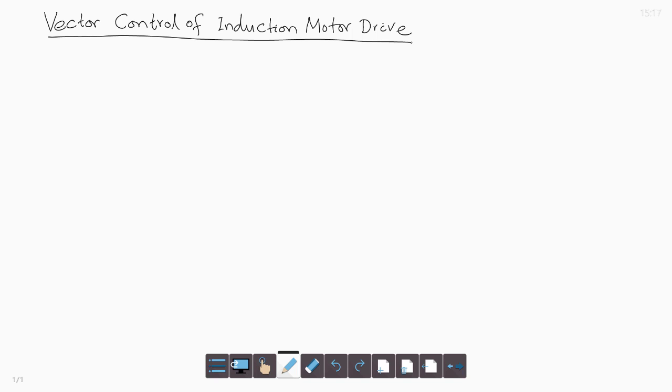In previous classes, we discussed scalar control of induction motor at length. Scalar control includes control of voltage fed inverter fed induction motor drive, current inverter fed induction motor drive, and other scalar control techniques like rotor resistance control and slip power control. Those are the scalar control techniques, because they didn't use a vector approach. In vector control induction motor drive,